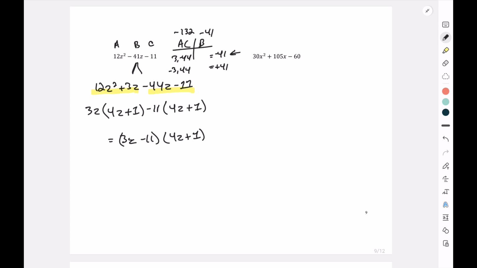So next we have 30x squared plus 105x minus 60. And so we can see that our greatest common factor between each of the three terms would be 15, and so we want to make sure we pull that out first. So pulling out a 15, you would have 2x squared plus 7x minus 4. If we look at our a value being 2, our b value being positive 7, and our c being a negative 4,